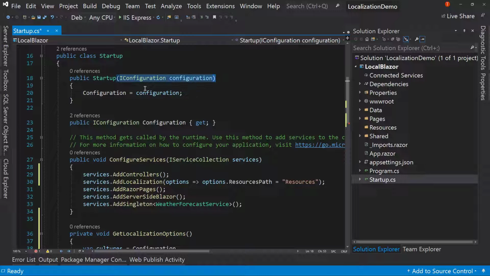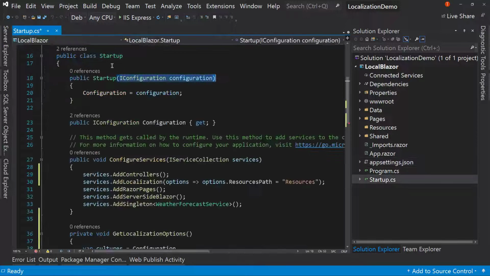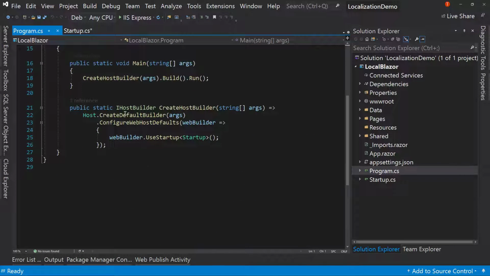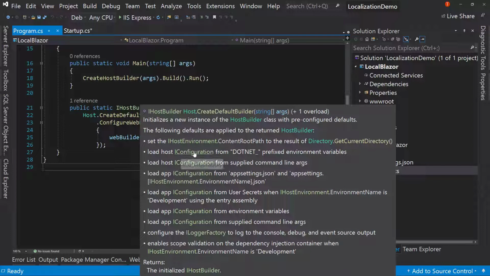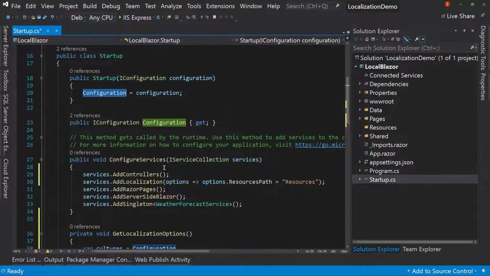What is configuration? Remember our IConfiguration? If you watch the video, I believe it's called Intro to App Settings, where I talk about app settings and about talking to this appsettings.json file among a number of other places. We used the configuration. And we said that that gets built in this CreateDefaultBuilder. Notice if you mouse over, it says load host IConfiguration and all the different setups. Well, we're passing that into startup so that the startup stuff can use that configuration to access the appsettings.json file